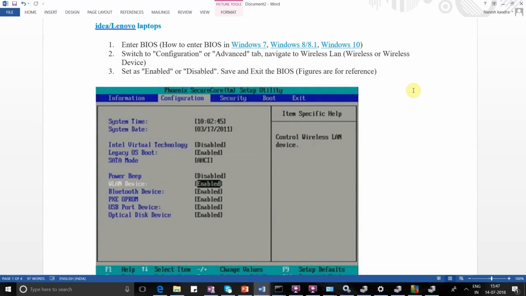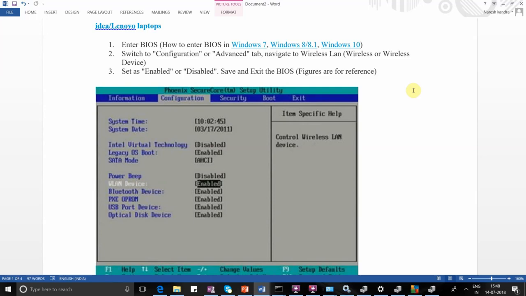You can just Google it: type your laptop model number and check how to go to BIOS. Your laptop may require the F9 key or F10 key to be tapped while it is turning on. So please check on the internet on a different computer